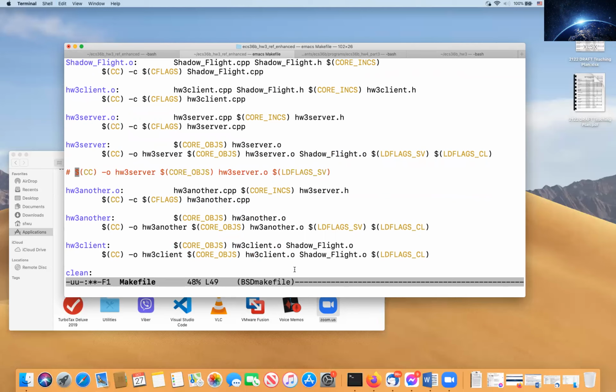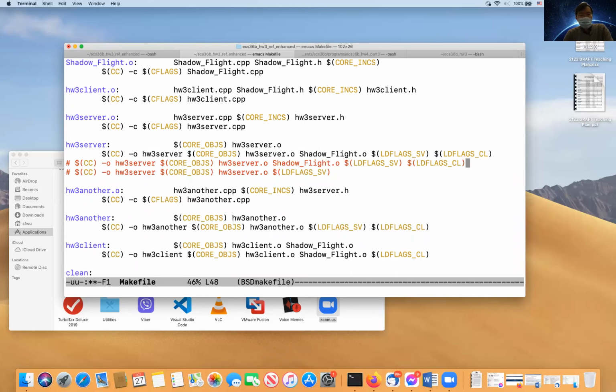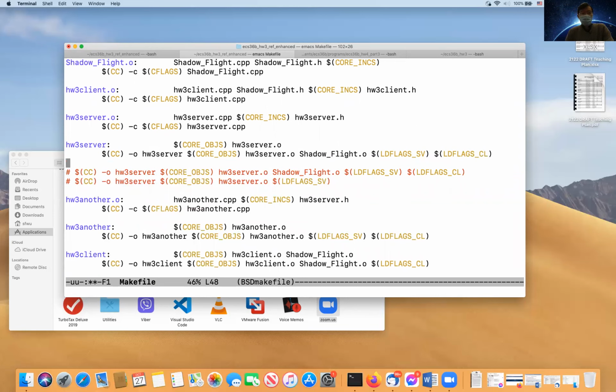I want you to take just five seconds to take a look at these two lines. Let me actually show you what these two lines are doing. I put them side by side so you can see precisely. The first one was the enhanced. The second line is the new one. What was the difference between those two?